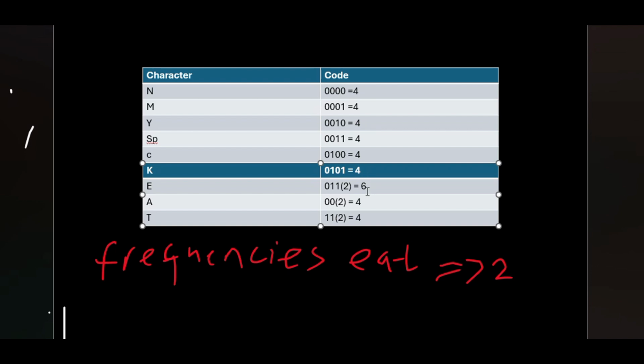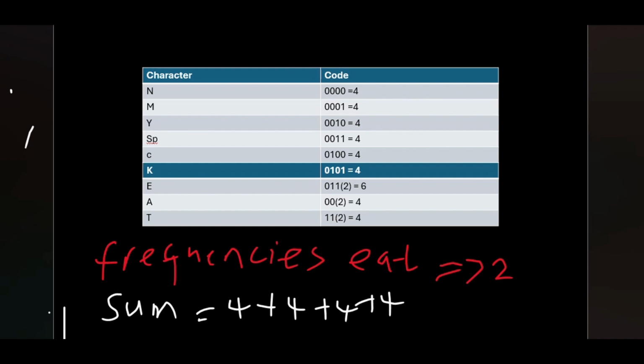So we are going to sum all these bits, right? When we sum them, the sum is supposed to give us something like: sum is equal to 4 plus 4 plus 4 plus 4 plus 4 plus 4 plus 6 plus 4 and then 4 again. So that is it. When we sum everything, we are going to get